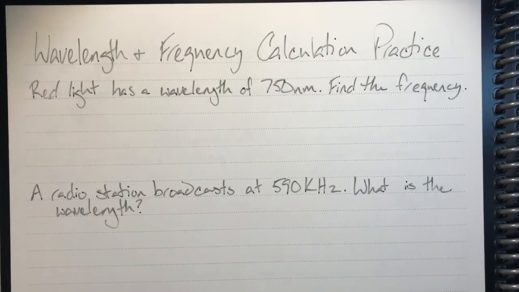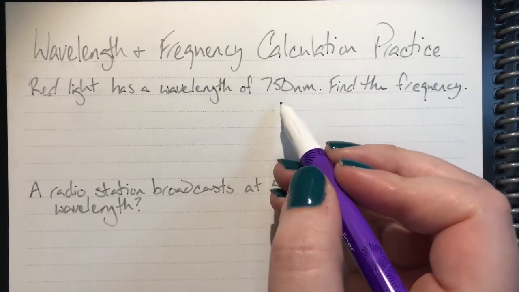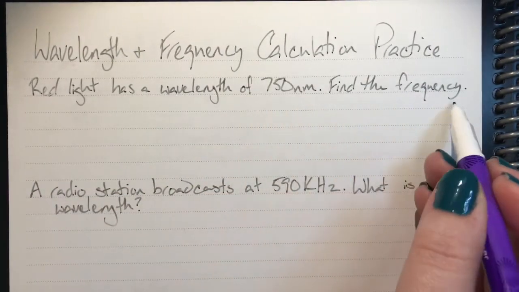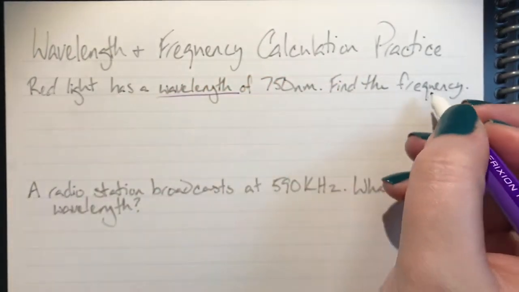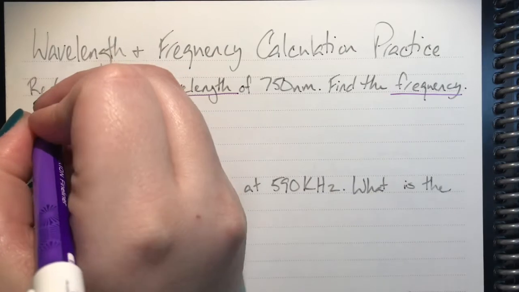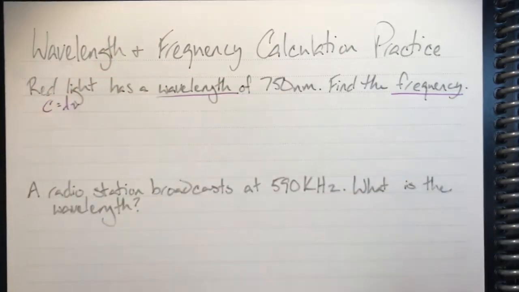Today we will be discussing how to do some wavelength and frequency calculations. My first example problem says that red light has a wavelength of 720 nanometers, and I'm asked to find the frequency. I know that I have wavelength and frequency, and my equation that relates both is c is equal to lambda nu,